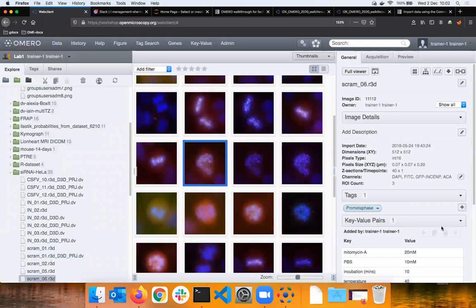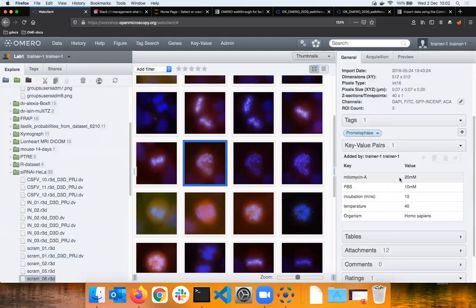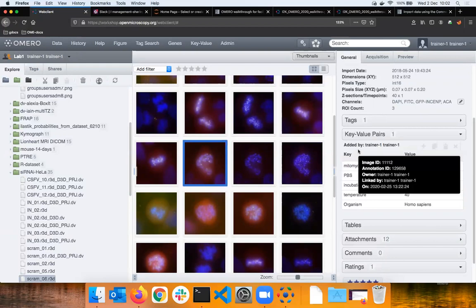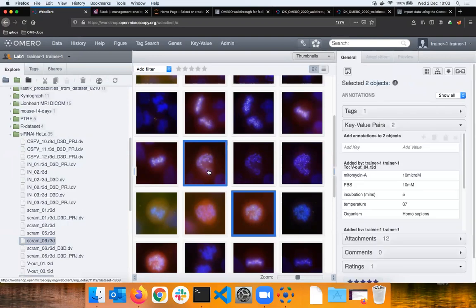And then I have another feature, which is probably our most used annotation type, and these are key value pairs. Key value pairs are in the second harmonica tab on the right hand side, and they look like a protocol lab book of a typical scientist in a wet lab, where you always have a value such as PBS, and then the concentration of the PBS as a value, or you can have a key called... I will select now 2 images, okay, using control,